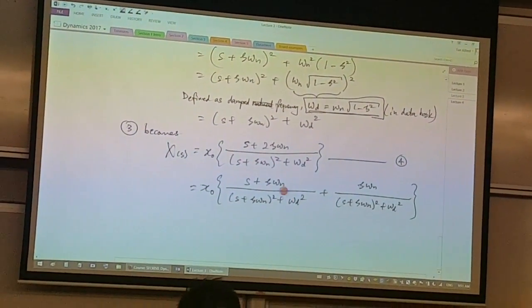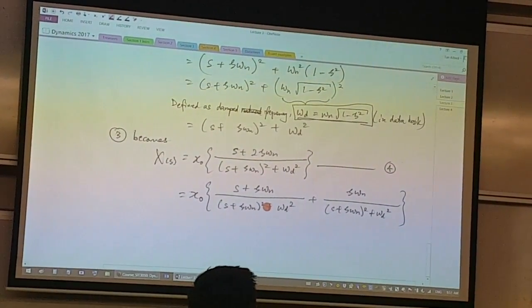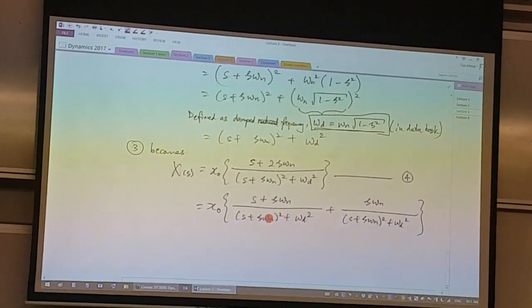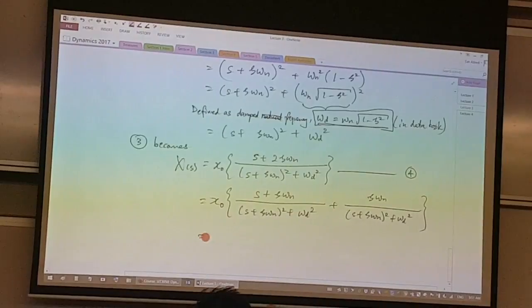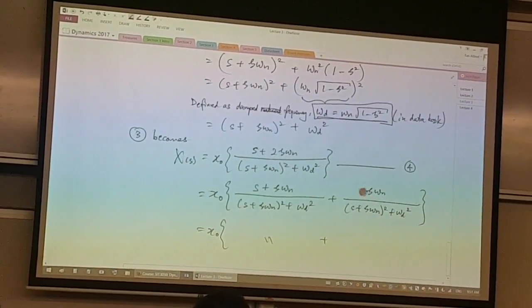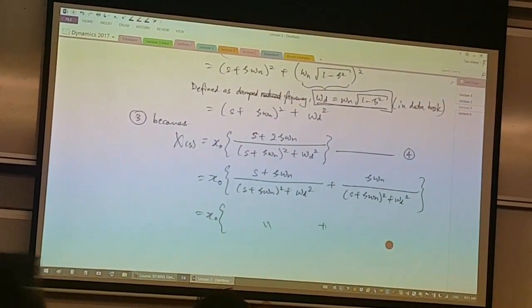This term here, I'm going to keep because it looks like now I could do an inverse Laplace for this. Later on I'll show you. This term over here, I still could not do an inverse Laplace according to